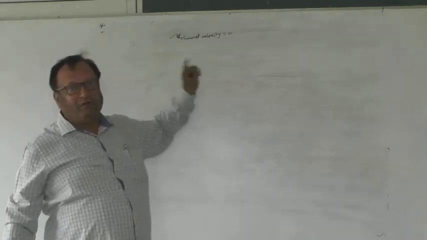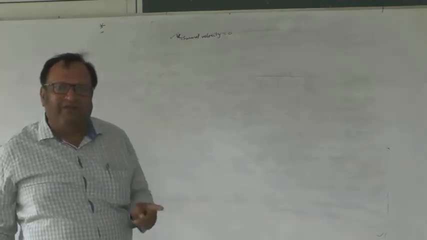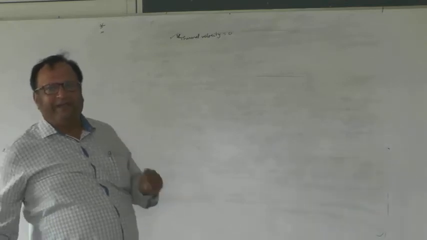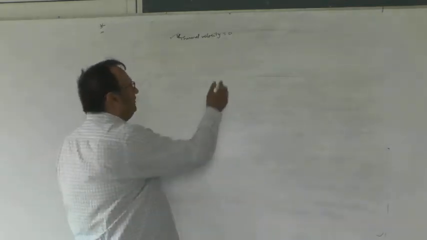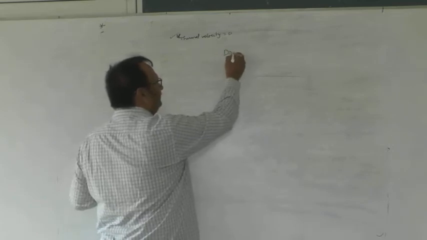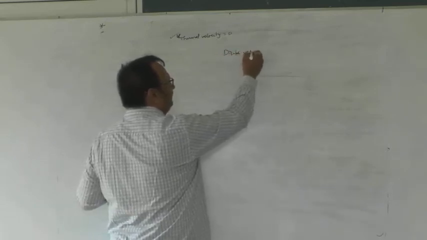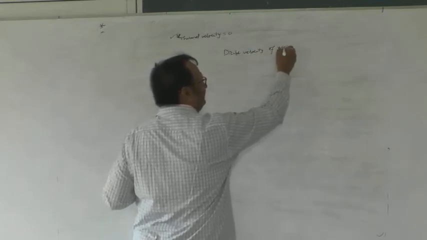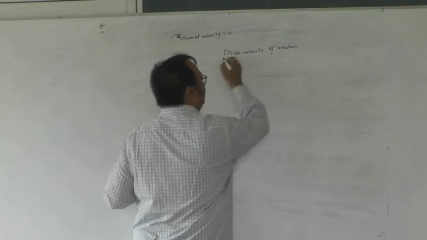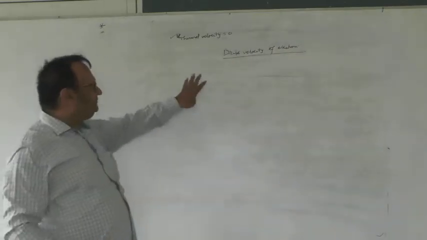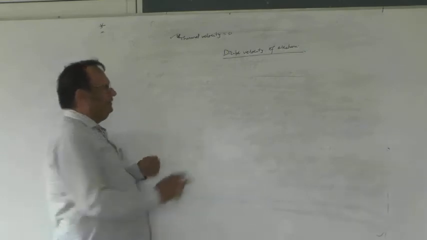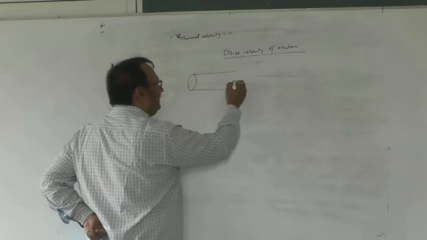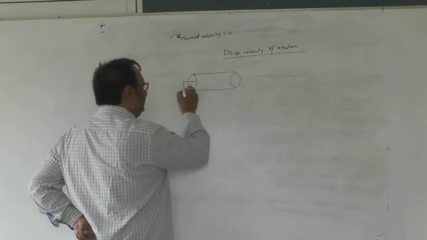Now I have told you in the last class that this thermal velocity will play a very good role in determining the drift velocity. Now I am telling you about the drift velocity. Right? Now, see, if the conductor is connected with a battery,